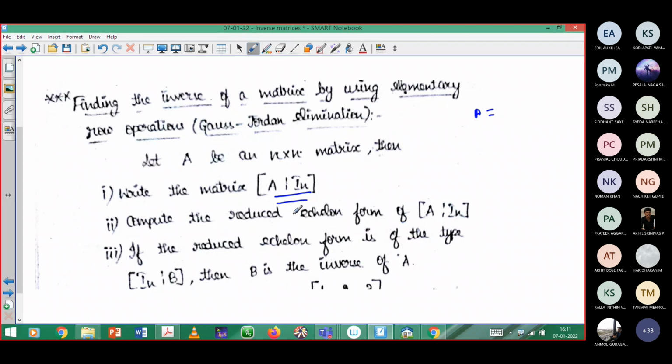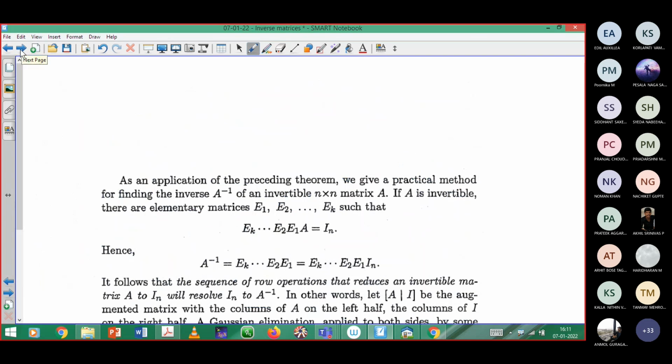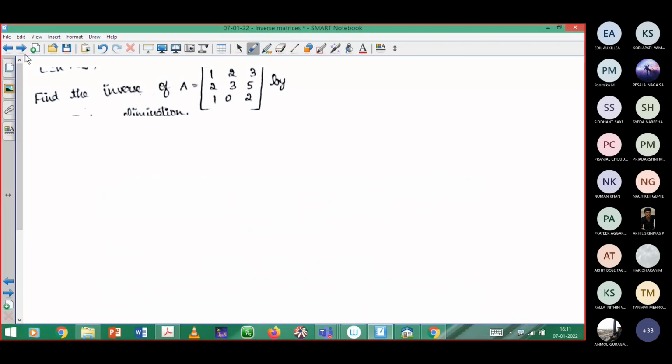Once you have proceeded with that step, finally the positions will be transformed, so that I_n comes first. This matrix will be renamed as B, because it will not be the same as the elements of A, so I am keeping another name for that matrix. What is my B? That is my question. Here B is the inverse of the matrix. I'll quickly solve this problem so you will get an idea of this.